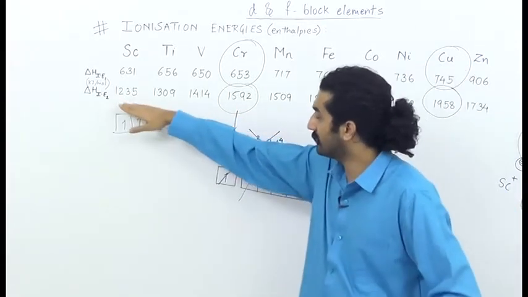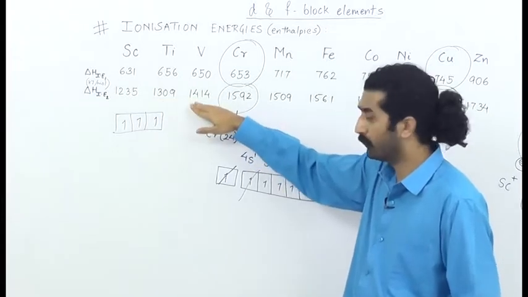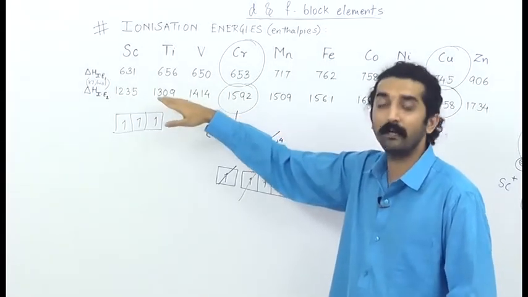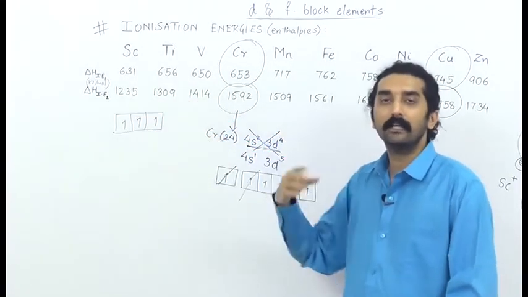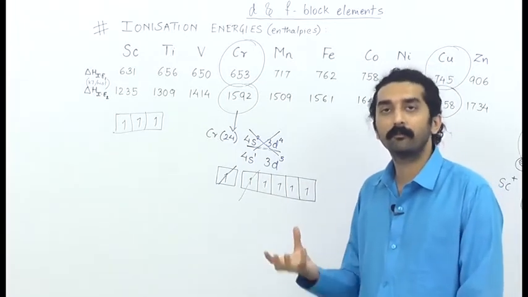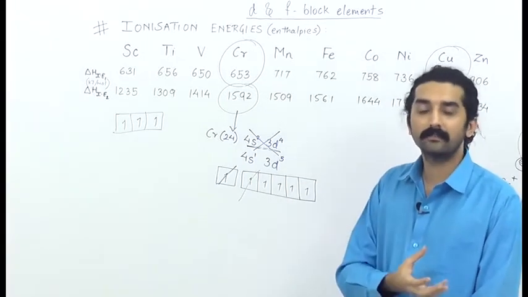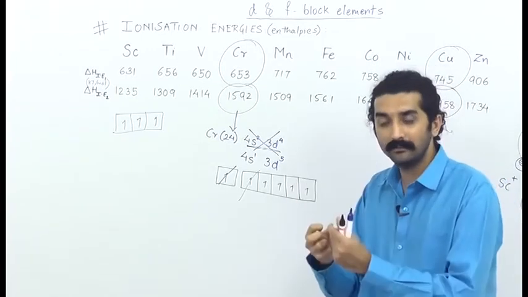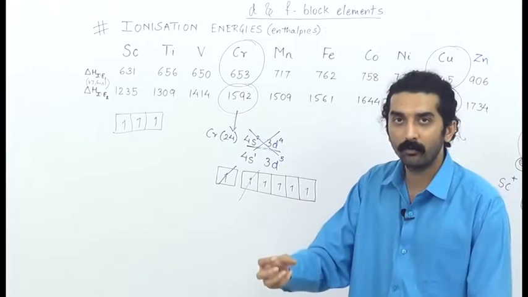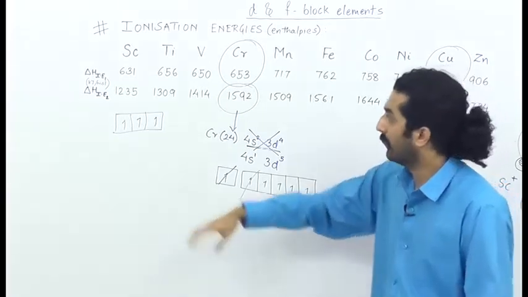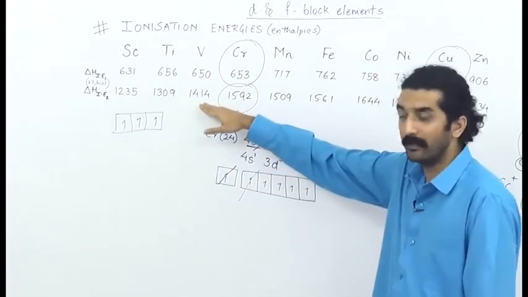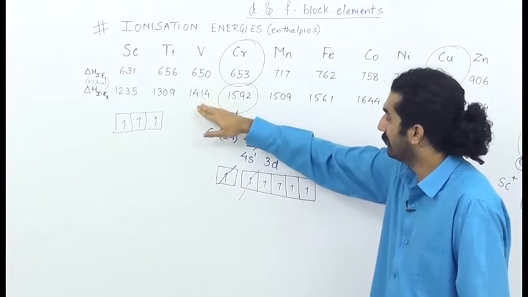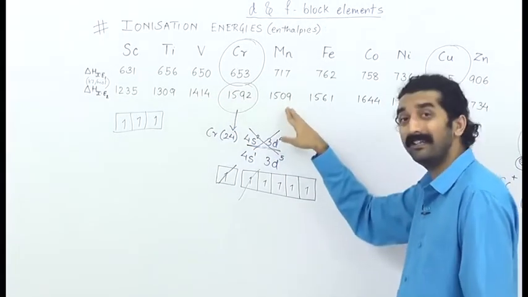As you can see, this list 1, 2, 3, 5, 1, 3, 0, 9, 1, 4, 1, 4, there is an increase which we have already discussed. This increase is due to the increase in the number of protons in the nucleus, and hence the increase in the number of electrons, which leads to the increase in attraction, and hence more energy is required to remove the electron. So this increase is quite natural. But after this, there is a very high increase and then a decrease.